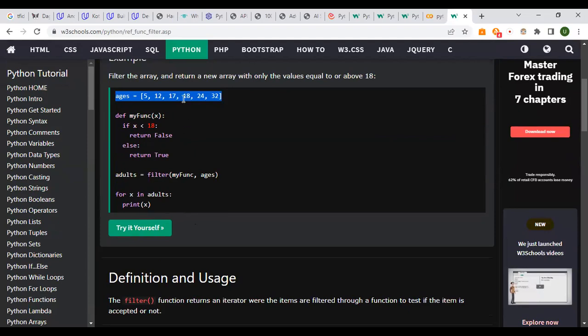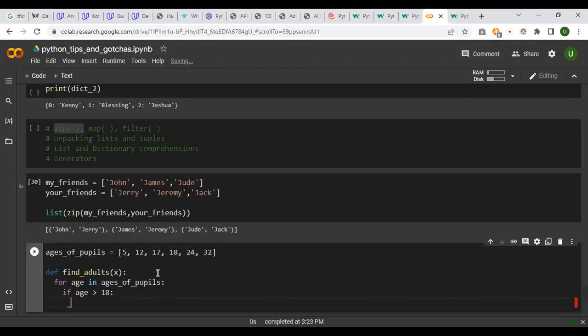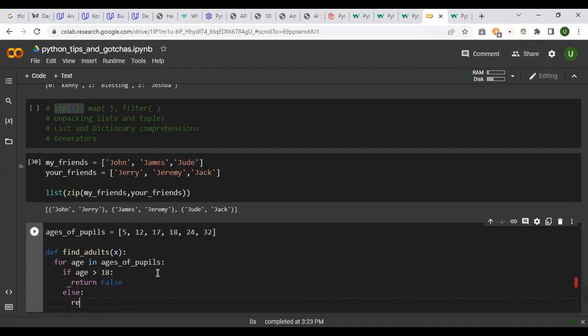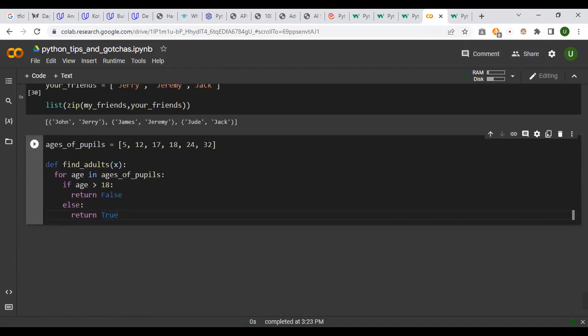Okay, instead of doing return false, return true, let's do that first. Then I'll do the other one. Return false. Then else return true. Okay, so now